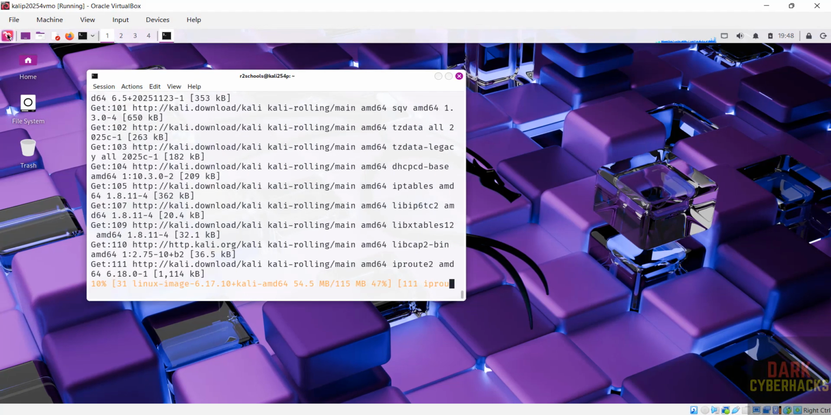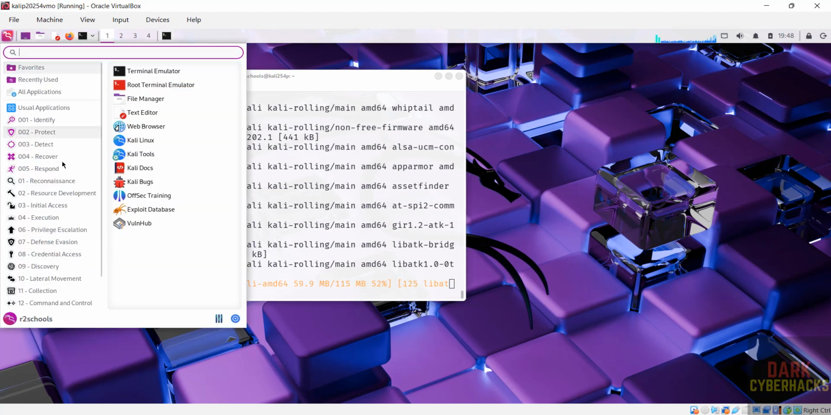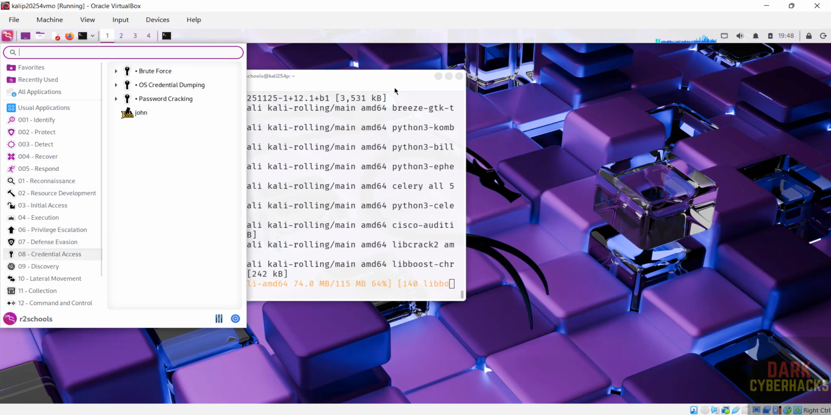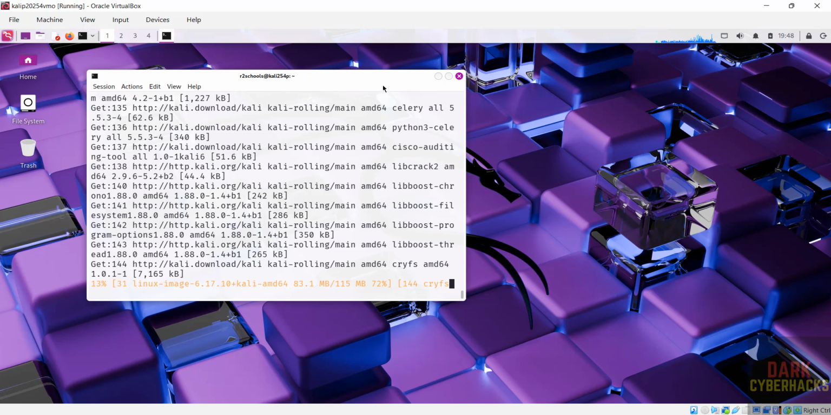See here, click on this Applications menu. We have different applications in each section, so you can practice them. So in this video we have seen how to download and install Kali Linux